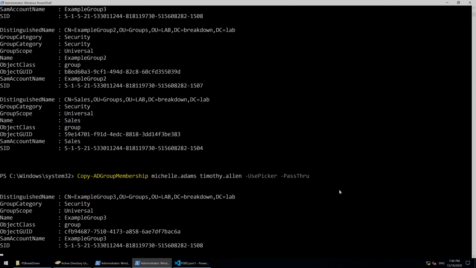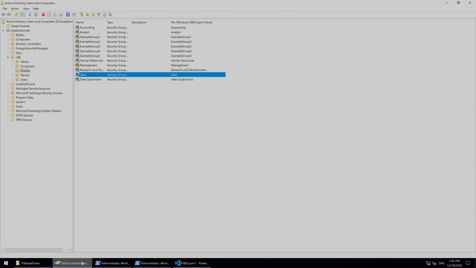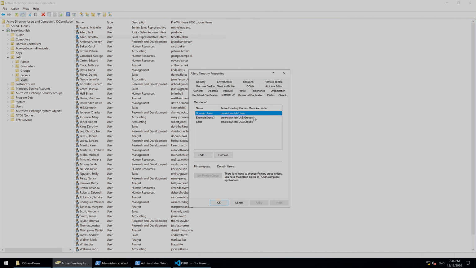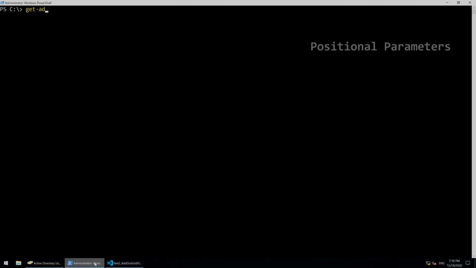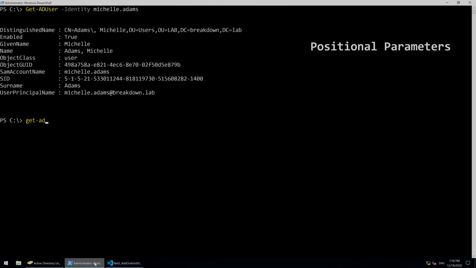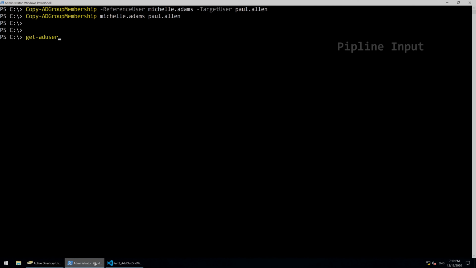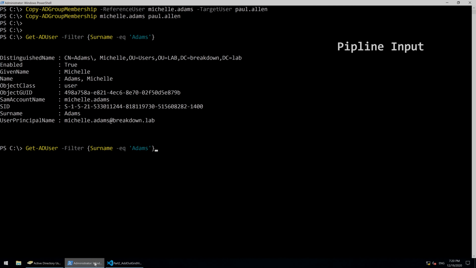In this final part, we'll take our script that we've learned in parts 1 and 2, and add it into an advanced function, which will turn it into a reusable tool, just like native PowerShell commandlets. It has positional parameters, and a positional parameter is one that assumes the name of the parameter simply by the position where you input the values. It will receive input from the pipeline, and with this feature, you can then integrate it into other scripts and/or use it in conjunction with other commands.